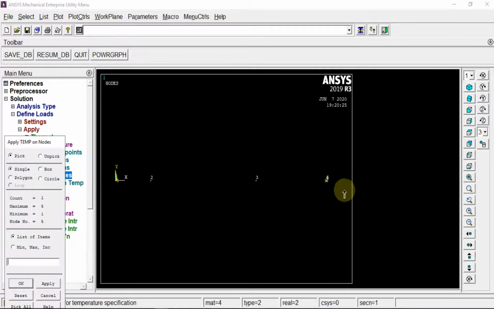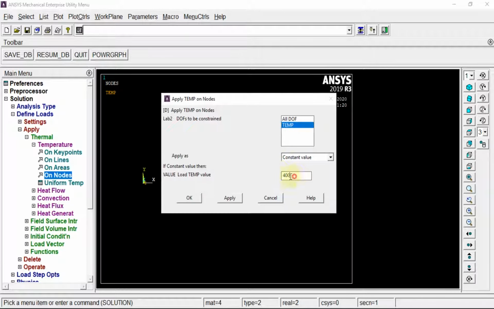And on the last node, again I'm going to zoom it to show that I have selected the last node over here. So as you can see, I have selected the 5th node. So for the 5th node I'm going to apply, and on the 5th node the temperature that is given over here is 20. So I'm going to write that.